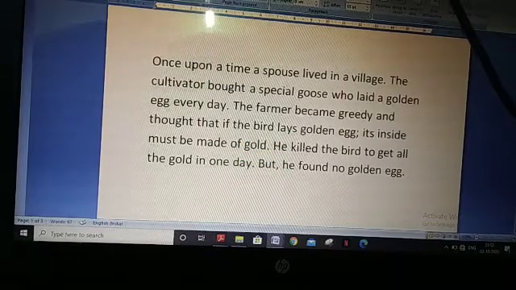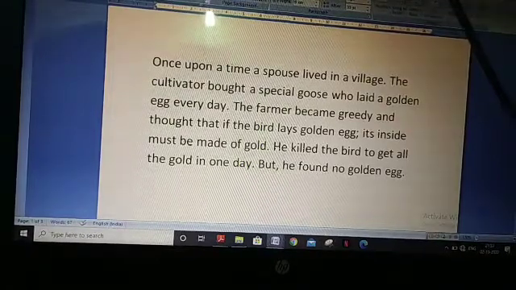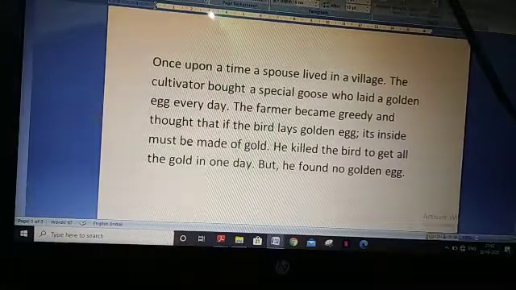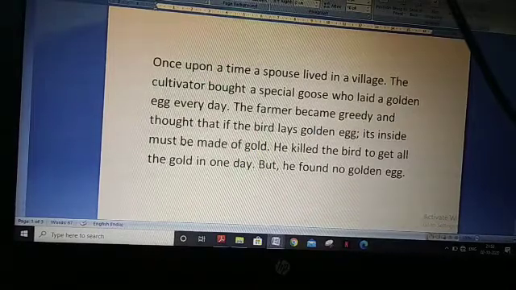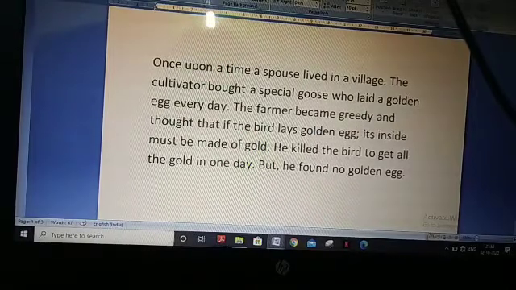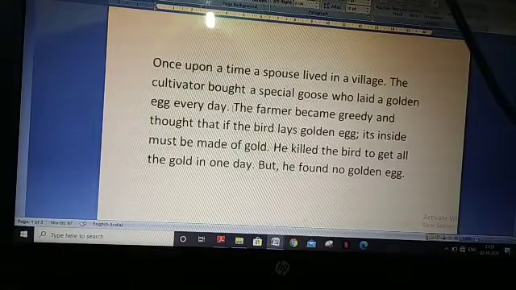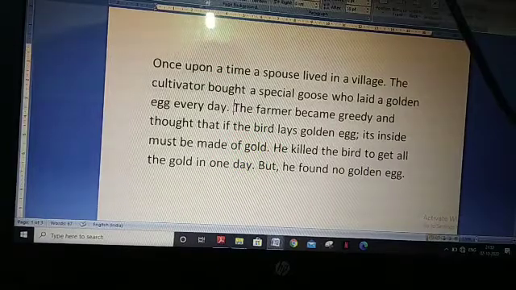Now column break. Where you want to give a column break, what you have to do is click the location where you want to start the column break. Suppose from here, the farmer became greedy. From here I want a column break. So click, and the cursor appeared.